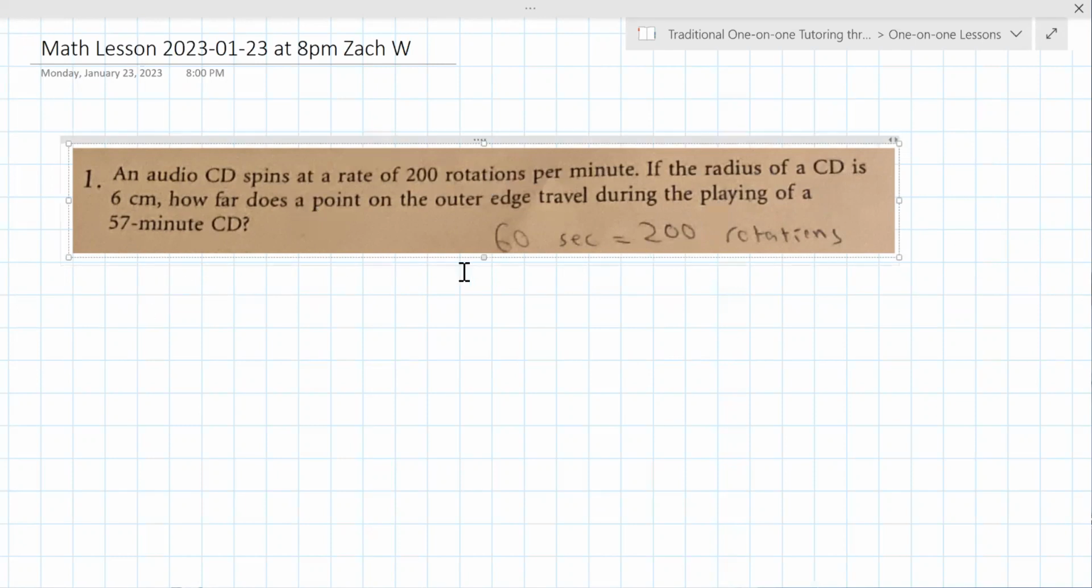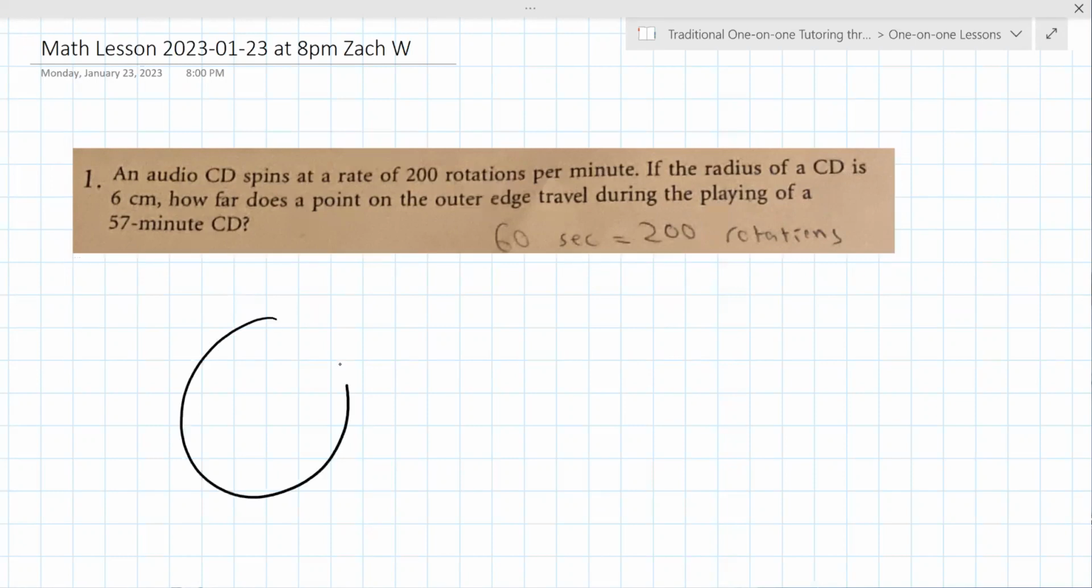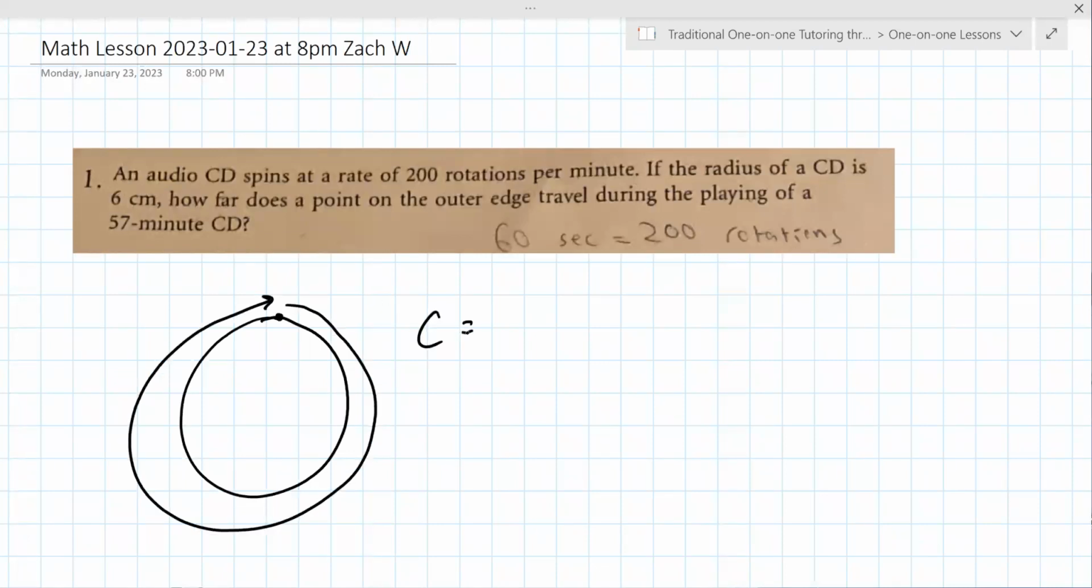So there's a lot here, and there are formulas. There is a direct formula here, but let's do it more intuitively. So if you go around a circle, that is the circumference. And what is the circumference? The circumference is